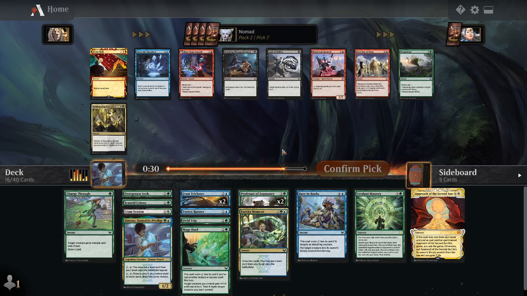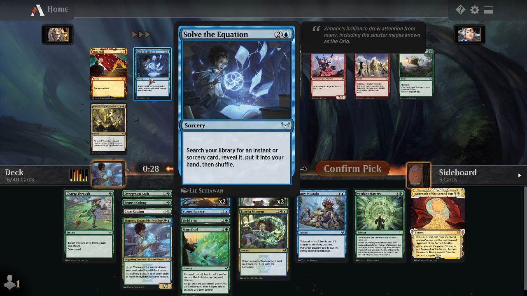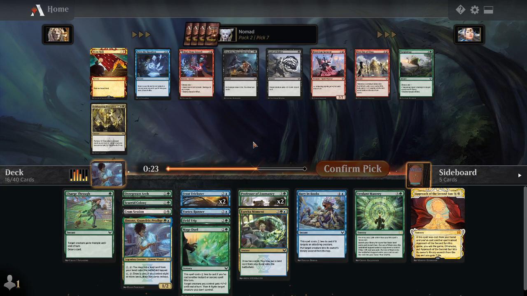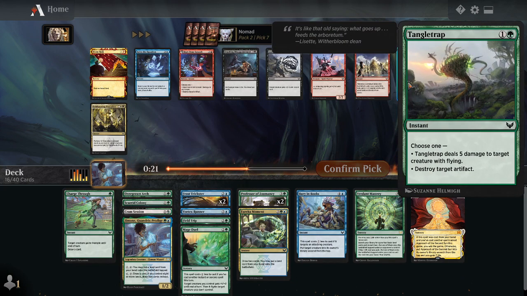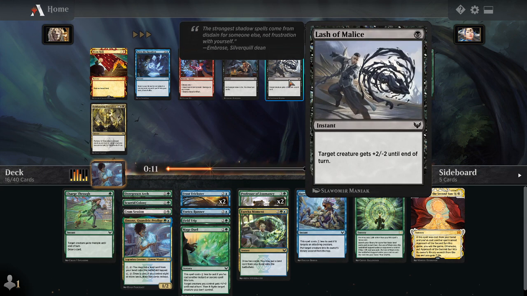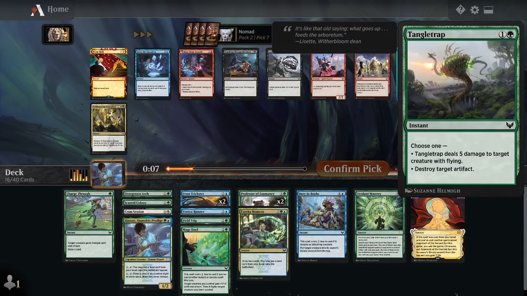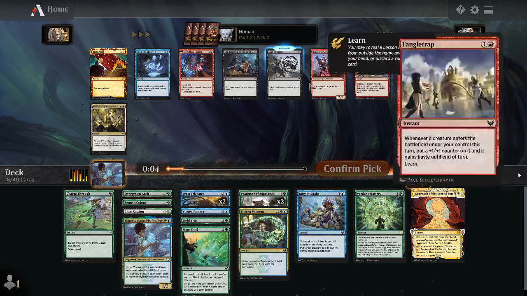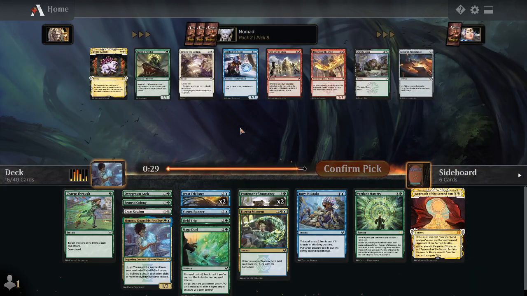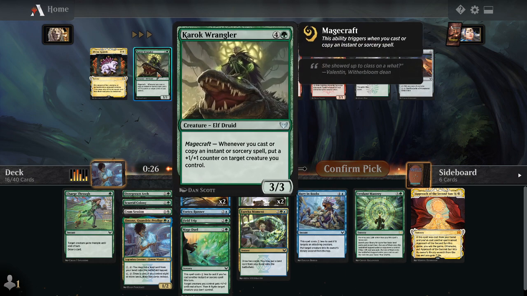Lash of Malice. Wow, black has been really open from this direction. Stone Rain. Amazing. This is best of 1. So I'm probably not going to Splanful, but that's not the kind of spell I'd splash, unfortunately. Alright, well, whatever. It's either that or Stone Rain, so...